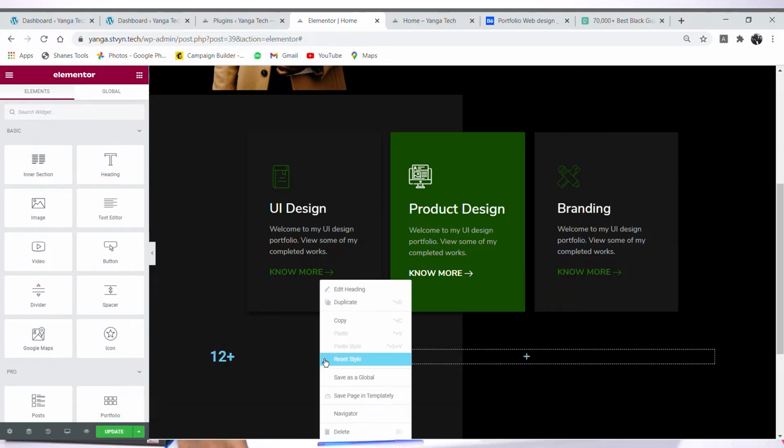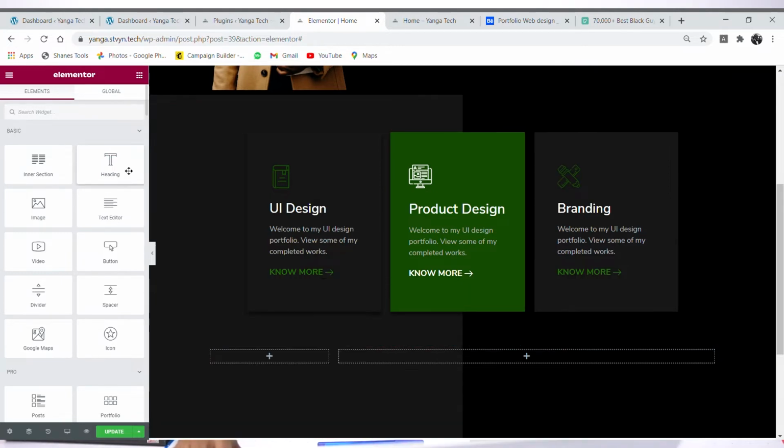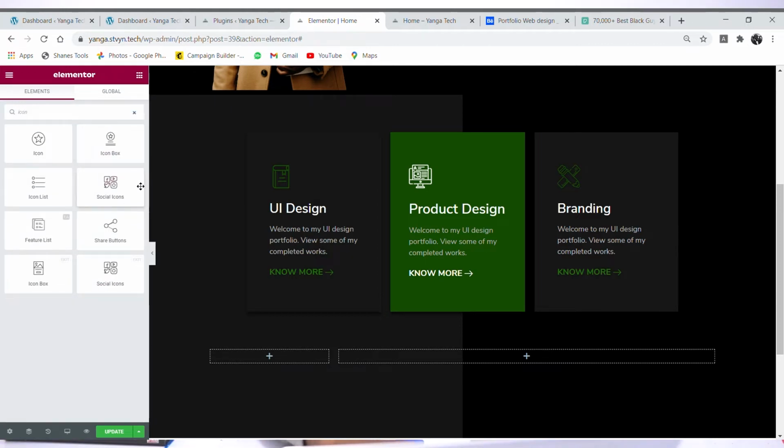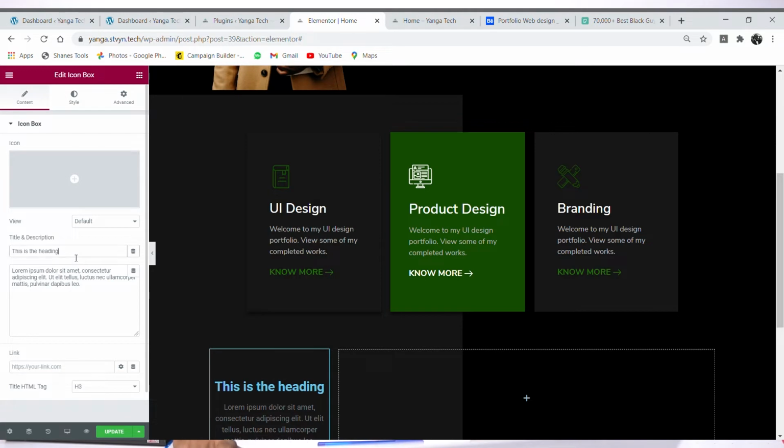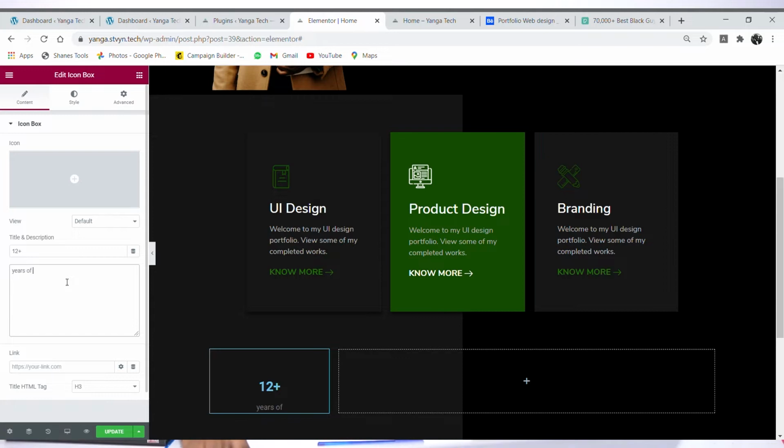Or let's look for a widget that will serve these two processes for us. So let's come to icon. Okay, so let's drag the icon. So let's just remove and add 12 plus years of